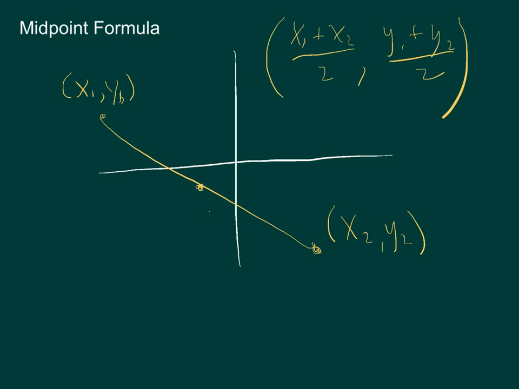And what is this? Well, this is just the average of the x's and average of the y's. Because the midpoint kind of makes sense that it should be halfway in between in the x direction, and halfway in between in the y direction. And so one way to actually prove this